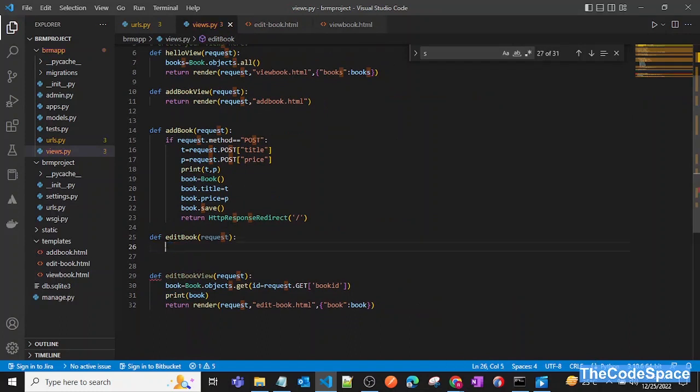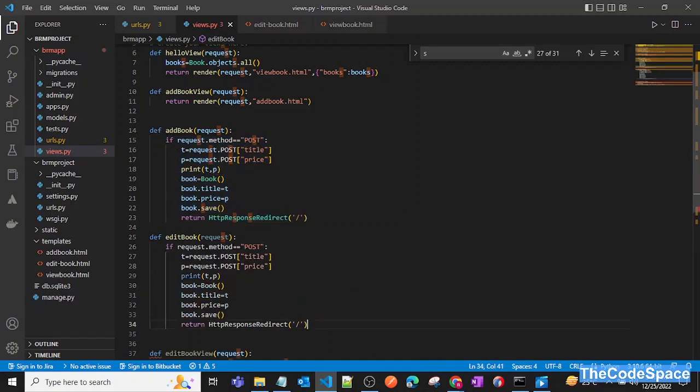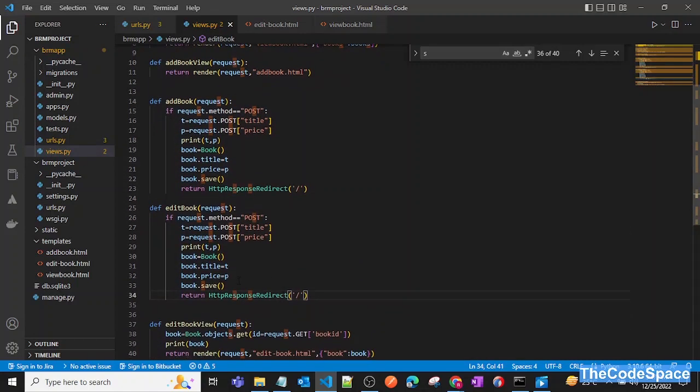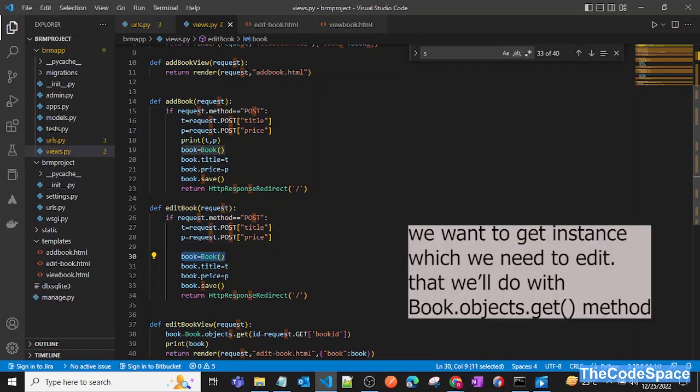Okay, so now that will be a post request. So now I'll say if request.method is equal to post, and similar thing we wanted to do. So now I'll just say this thing. Okay, so now if we are getting a post request, then we will get from that request the title and price. And then now we don't want to create a new instance. Instead we want to get the